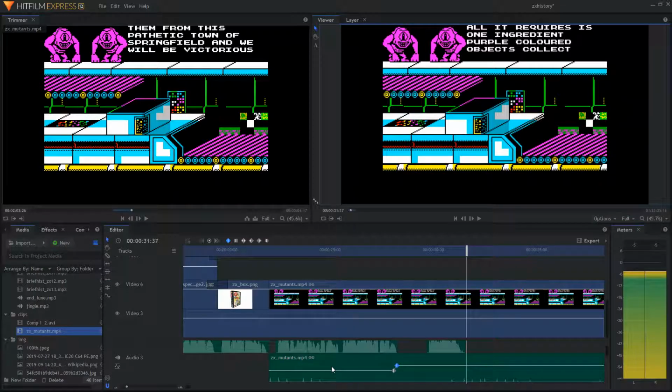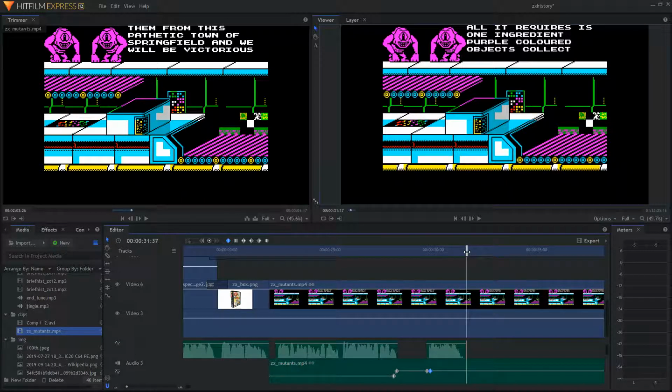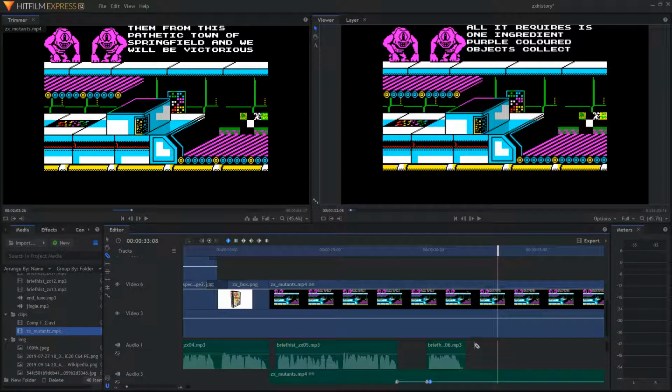See, so the volume was low when I was speaking. Then it goes back up to normal when I'm not talking. But then I start talking again toward the end. So I'm going to add a couple more markers. And I'm also going to go ahead and chop this clip because I stopped talking right about. You can see here that the program kind of automatically